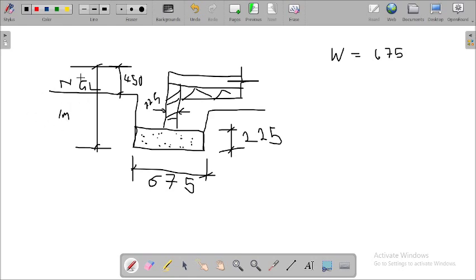So if we have 1 meter as the total foundation height, and our foundation is higher above the natural ground level by 450 mm, that means we are going to deduct 450 from 1 meter. If you deduct 450 from 1 meter, what you are going to have left is 550